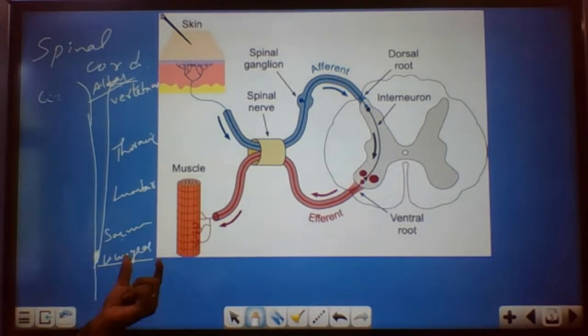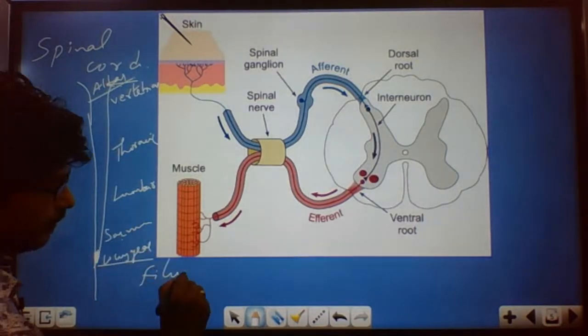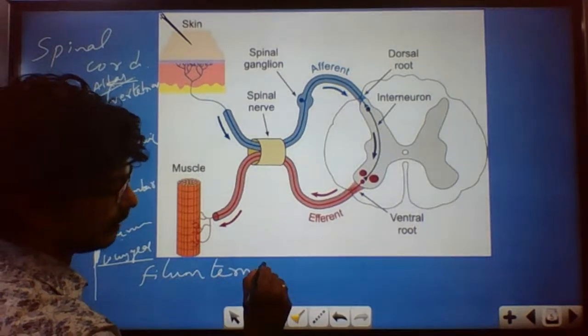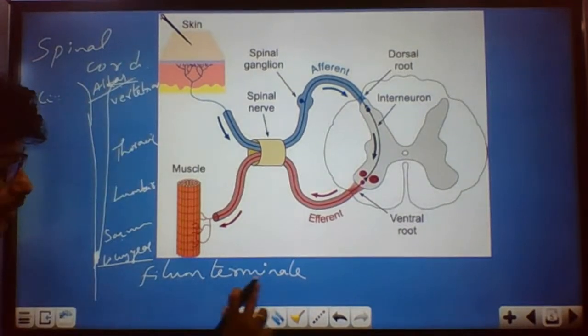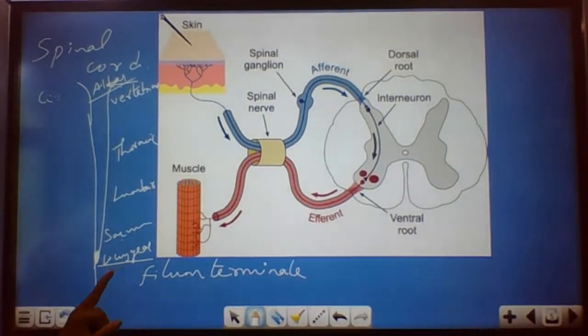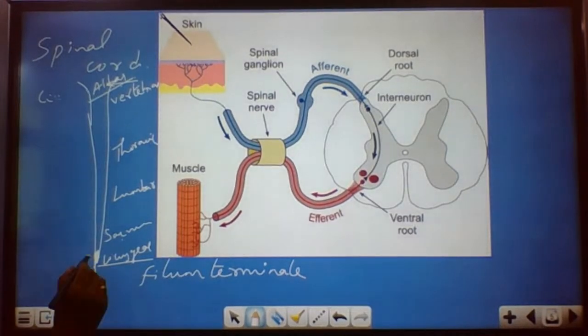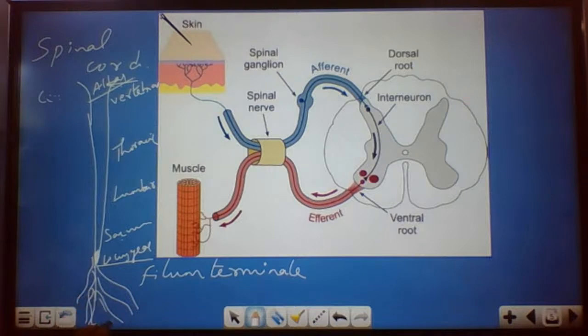It tapers at last, and after this the tapering end is called the filum terminale. This is where the spinal cord tapers and ends. After this filum terminale, you could see the spinal nerves start emerging, and this resembles a horse tail. The name we gave for this horse tail, where you could see the emergence of the spinal nerves,